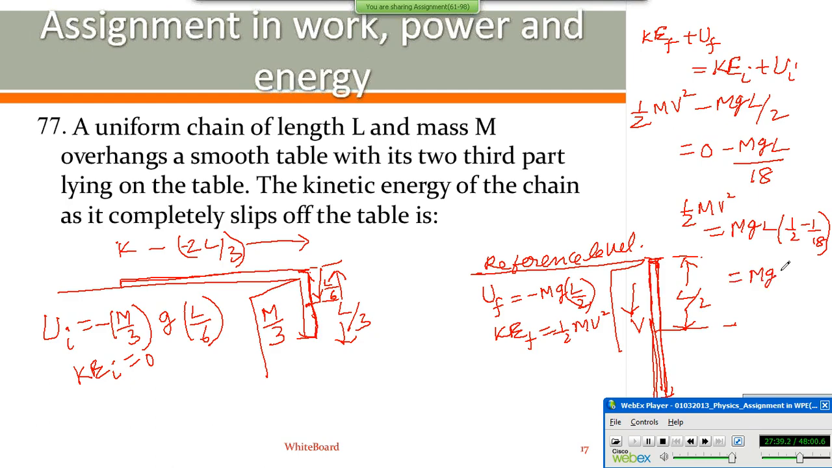So the kinetic energy of the chain will be mgl into four mgl by 9 is the answer. Of course, you are not asked to find speed v. In case you are asked to find speed v, you can cancel v m both sides. You get v square equal to